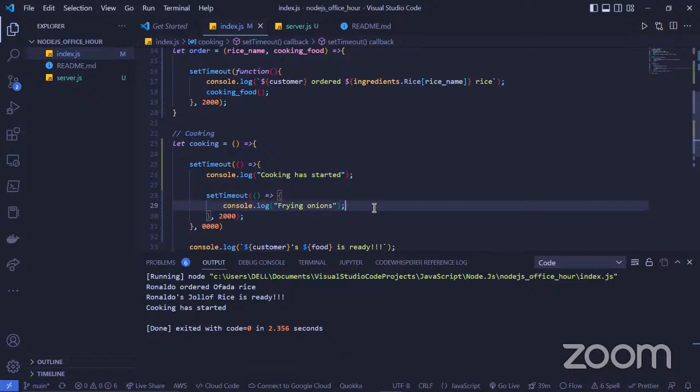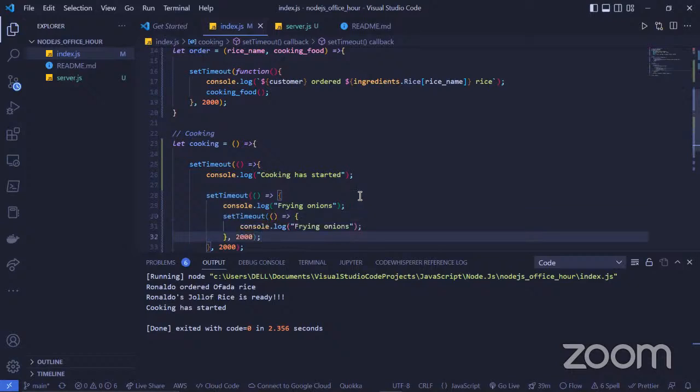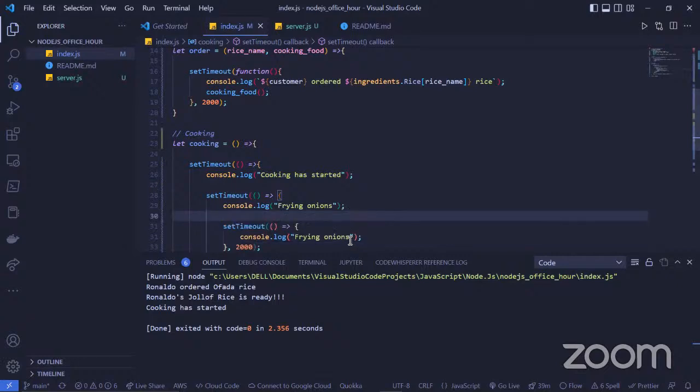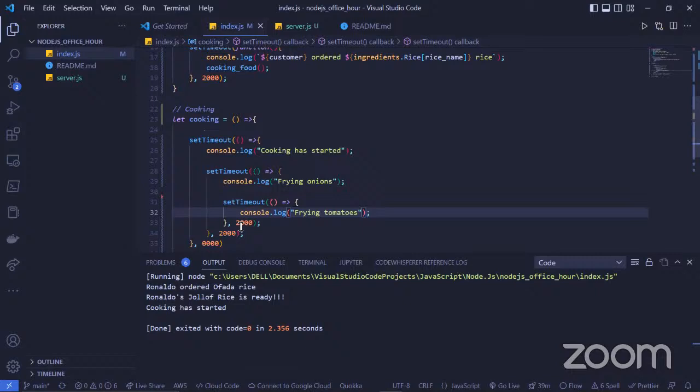We can also have one nested. I will just copy this so that I can paste it over and over again. I can paste this one here, set timeout function. Let's just say fry onions. I can say fry tomatoes. After frying onions for 2 seconds, I want to fry tomatoes for another 2 seconds.